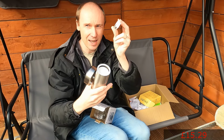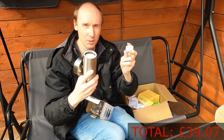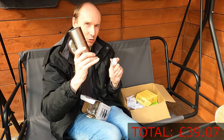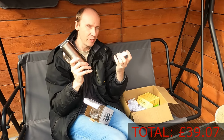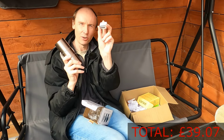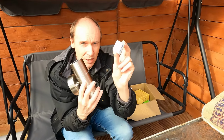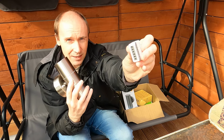The idea is that I'm going to set it to come on and off at dusk and dawn, or whenever I need it to, and control this. So this will get a permanent feed, and this will do the switching on and off. That's the idea. Now the first problem you've got is, where is that going to hide? It's very small,